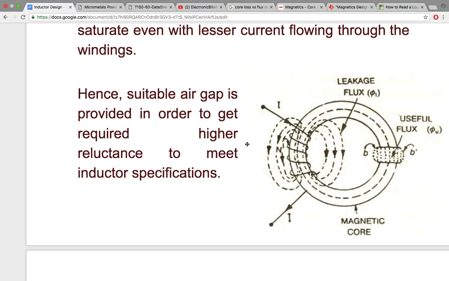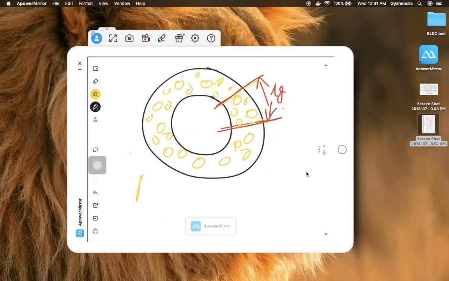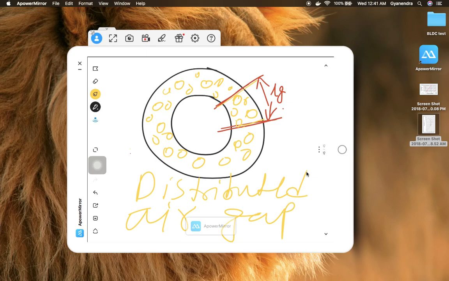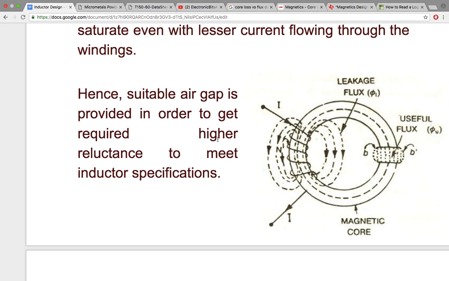Yeah, so this is called an air gap, distributed air gap core. Okay, yeah. So now